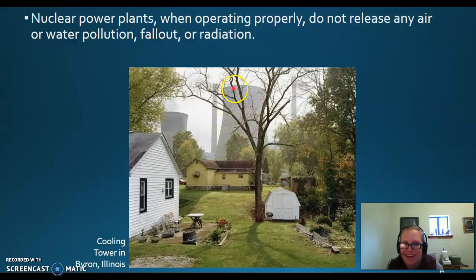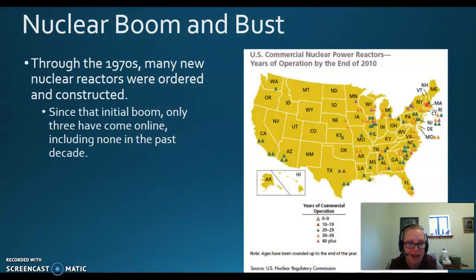So you guys have all seen The Simpsons, right? Yeah. So here, a cooling tower in Byron, Illinois, right? Maybe this is near where The Simpsons was based on, right? How'd you like that in your backyard? As long as things are going good, it's okay. All right. So through the 1970s, many new nuclear reactors